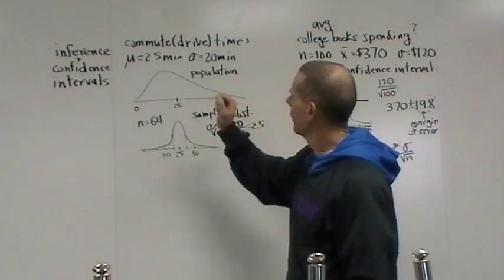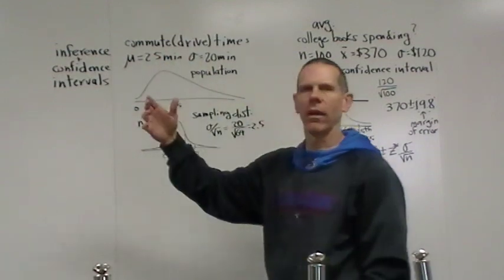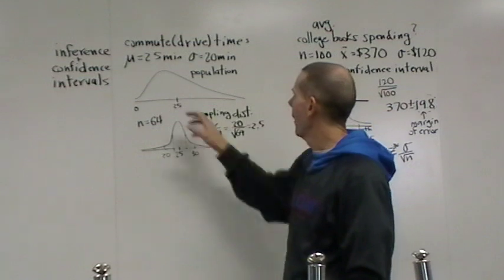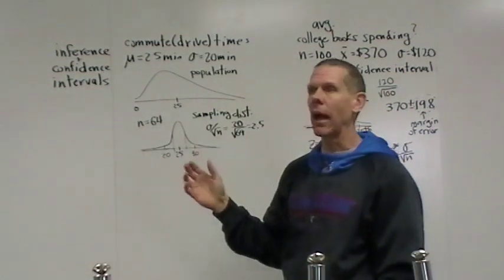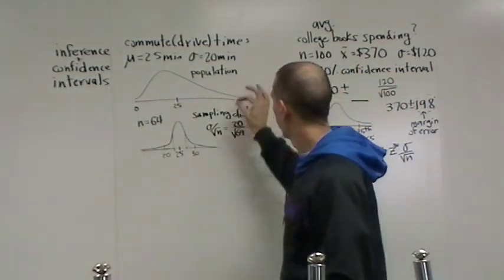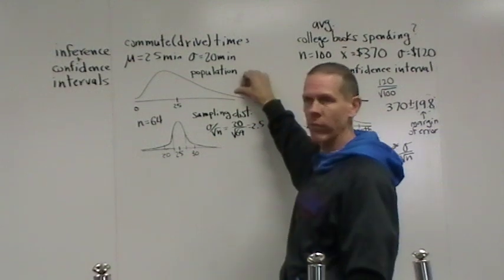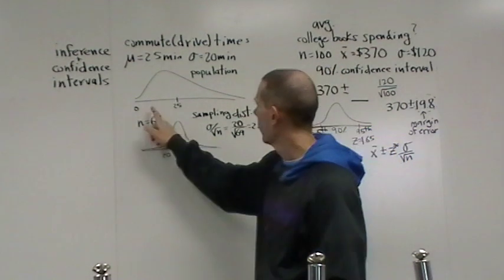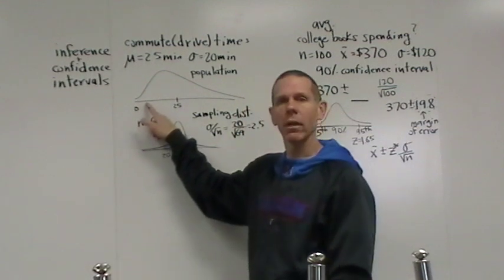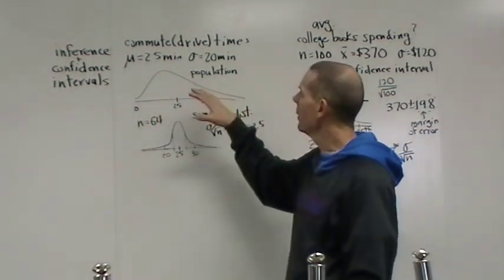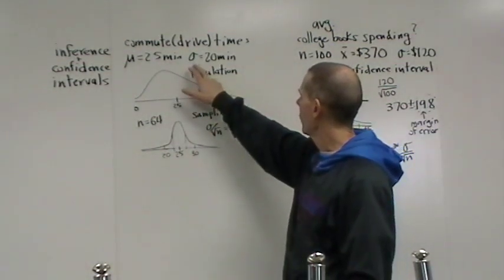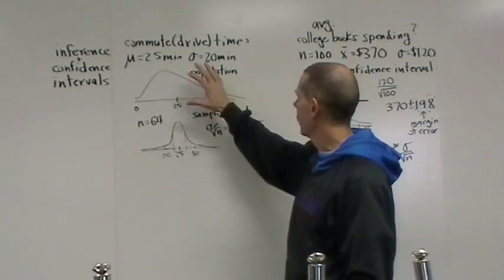Let's take a look at an example about commute or drive times, how long you drive into work or school, things like that. The population of drive times is definitely not normally distributed. There are some people, unfortunately, who drive to Detroit from Lansing or even further, and they have some really high drive times, whereas I'm way down here at about 8 minutes, and lucky me. So the population, let's just say, has a mean of about 25 minutes with a standard deviation of 20 minutes, and that's what that shape looks like.